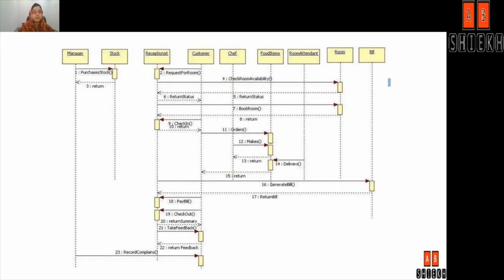Here we have an example of a sequence diagram of a POS system that shows the system objects interacting with each other. So we have different objects such as store, customer, chef, etc., and they all are interacting with each other by calling the events or the functions or the operations of each other. From this diagram, we can easily understand the difference between the SSD and the SD. Let me explain the difference again. So the SSD, aka the system sequence diagram, illustrates the interaction between an actor and the system, whereas the sequence diagram illustrates the interaction between the different objects of the system.